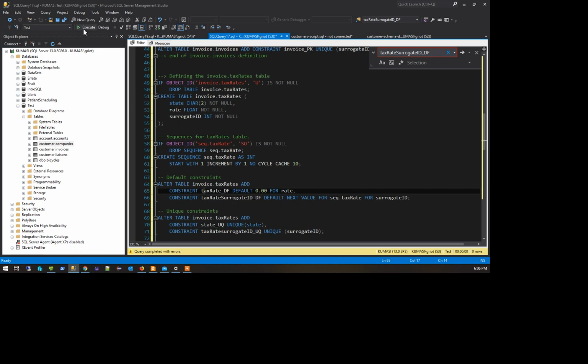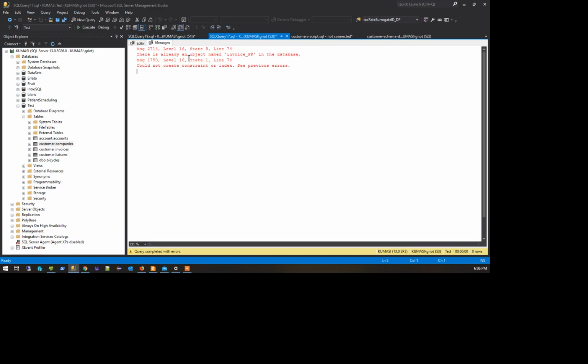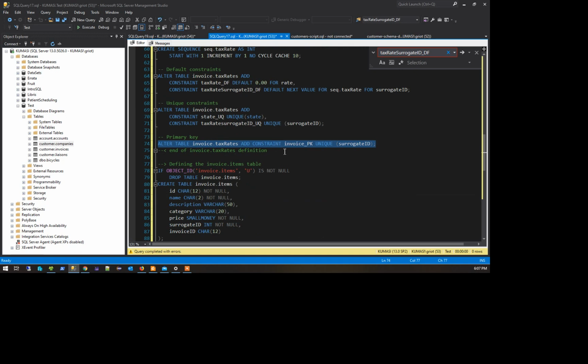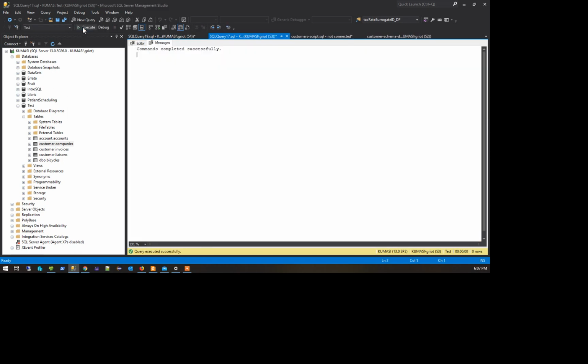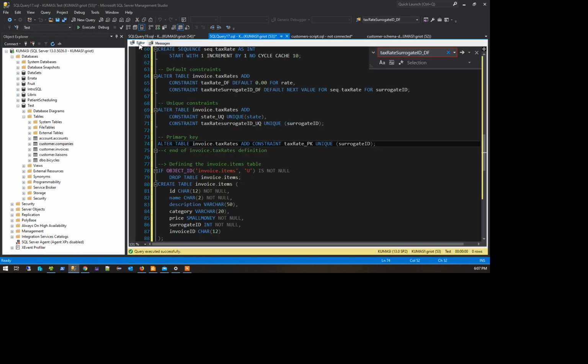And so I'll just run this again. Let's see. Invoice PK in the database. So where is it seeing it? It's over here. Okay, you see this is on the tax rate, so this should be what? Tax rate PK. Alright, remember there. So I fixed all my errors. This also shows you why you have to be careful. Alright, and with that, we've seen how you can use